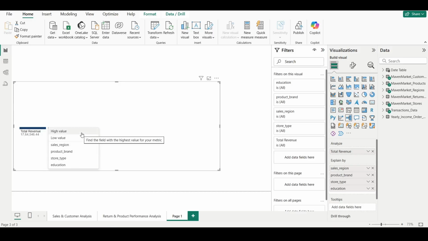First one is high value. It is used to find the highest contributing parts. Second one is low value. It is used to find the lowest contributors. So, under the third option, we will have all the columns under explain by fields like sales region, product brand, store